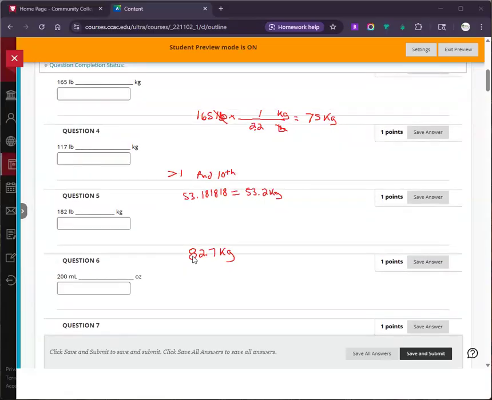All right, let's look at... I thought I could move that. Let's look at